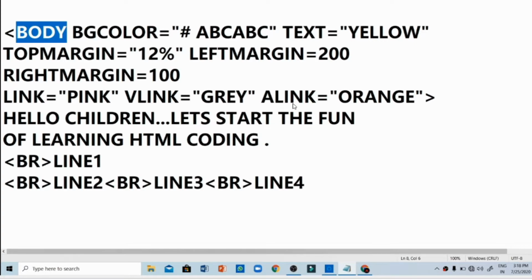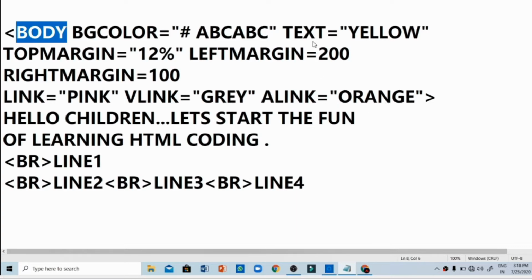Suppose there were 7-8 links, and you have already visited 4 links, correct? But now you are on the fourth link, which is the active link. Are you getting my point? See, a total of 7 links were there, and you have visited 3 links so far, and the fourth one I am talking about, you are already on that page, it is active. So by default that link will appear to you in red color. But if you want to change the default color of the link, you can change it. Like here I have taken it as orange.